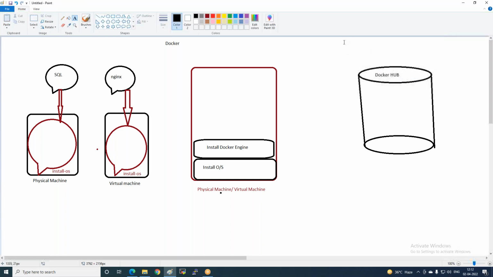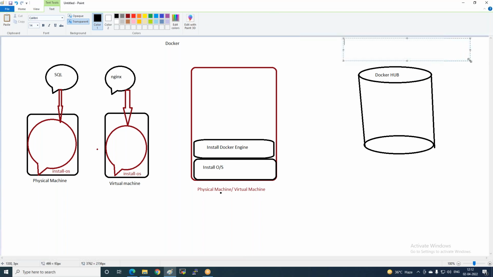The Docker Hub is a repository, and users save all images in this repo. Got it? When a user creates a container